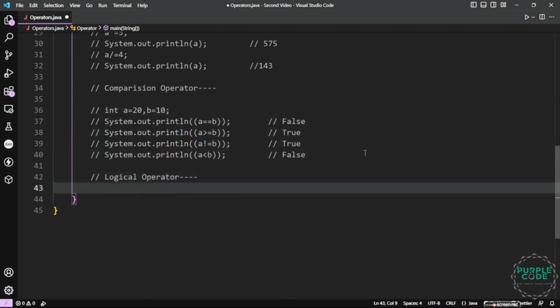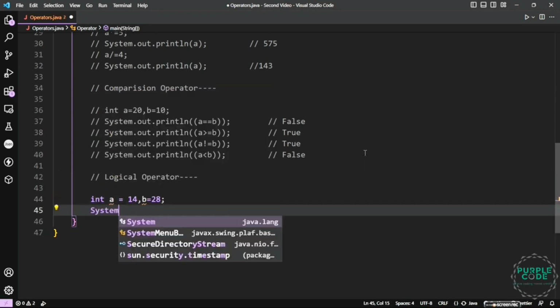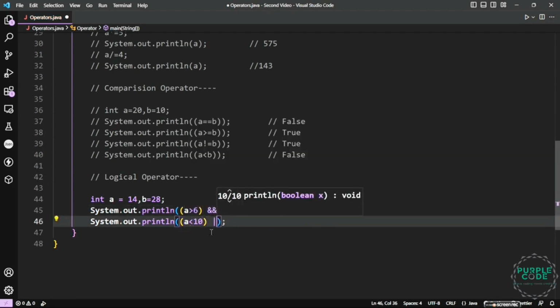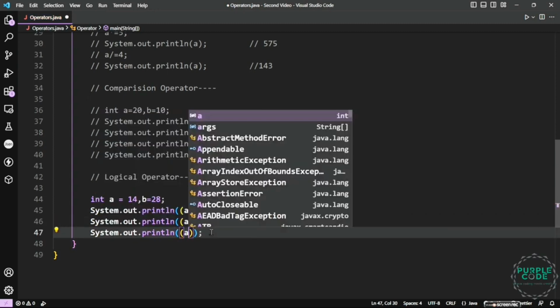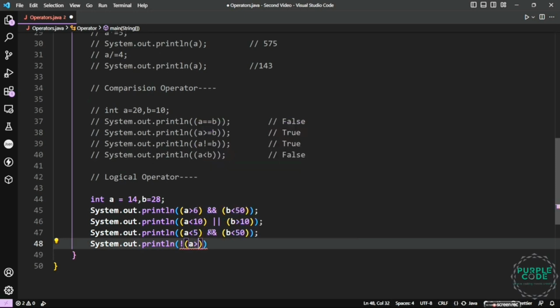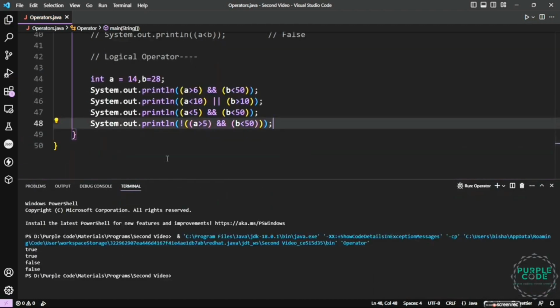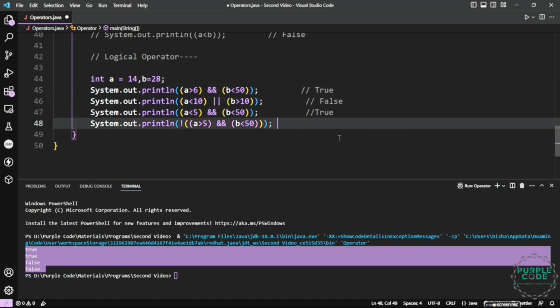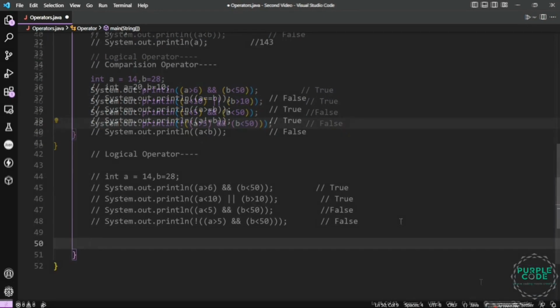These are the logical operators. The bitwise operators are